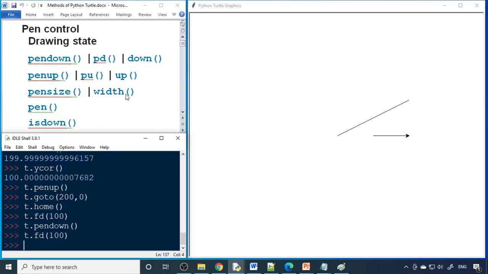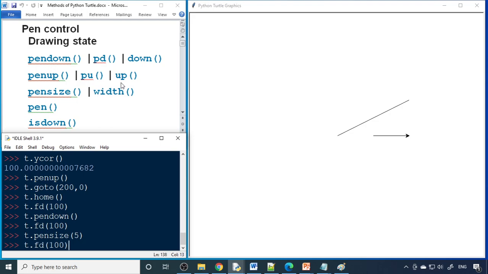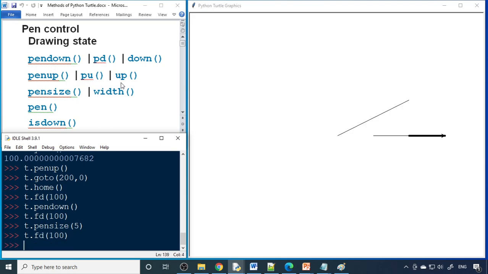Next is the pen size or width. So you want to make a bigger size, pen size 5. You can see that the pen size is increased. The line size is also increased. That means the writing size will be increased. Now with pen you can use multiple commands.